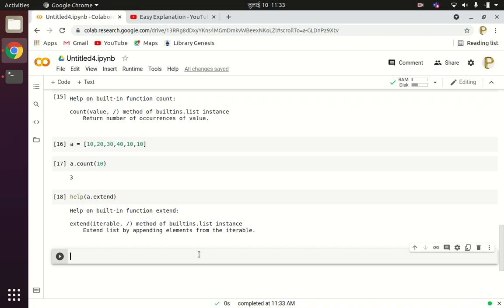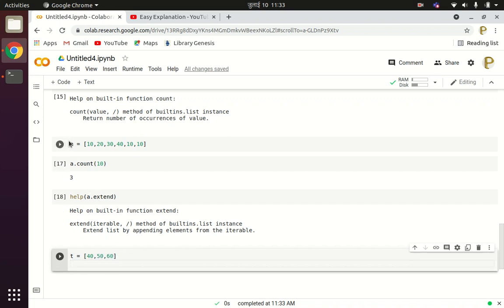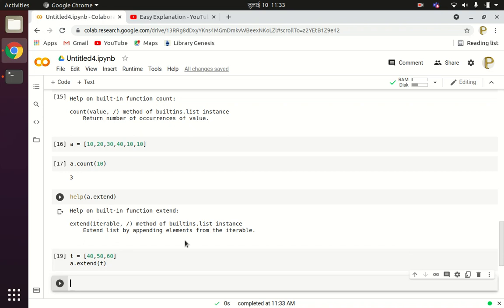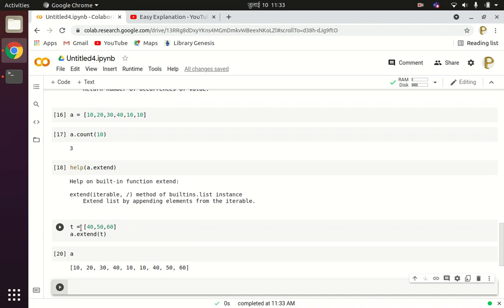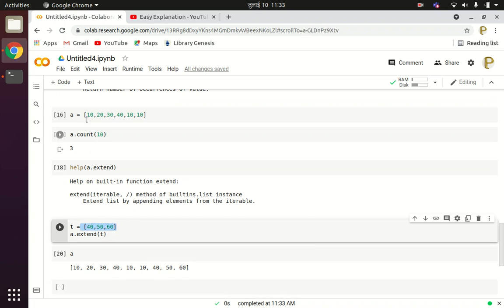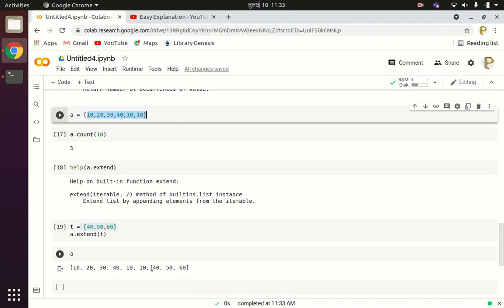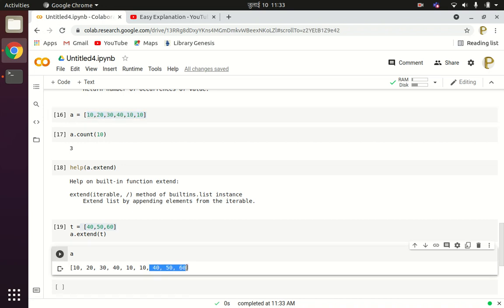So I will create a temporary list such as T equals 40 50 60, and I want to extend the list A, so I can write A dot extend T, and when we see A, now this list T is appended to the original list A. So after 10 10 we have 40 50 and 60 added to the given list A. So that is the use of the extend method.